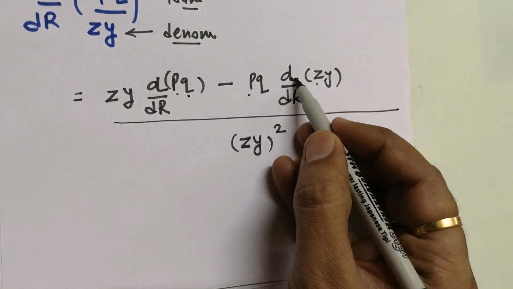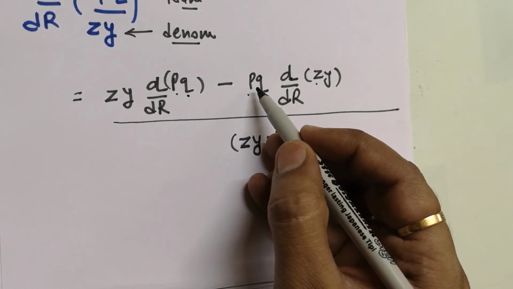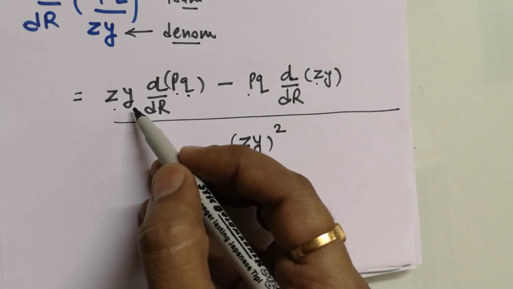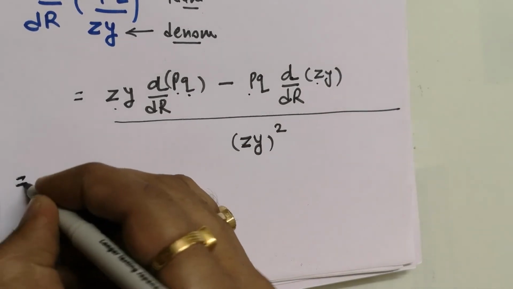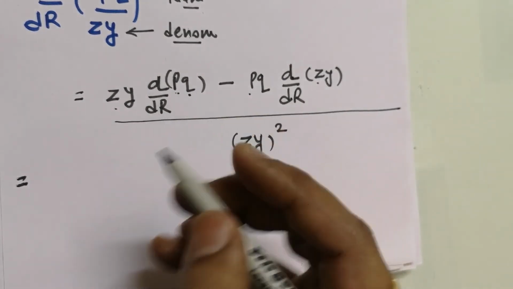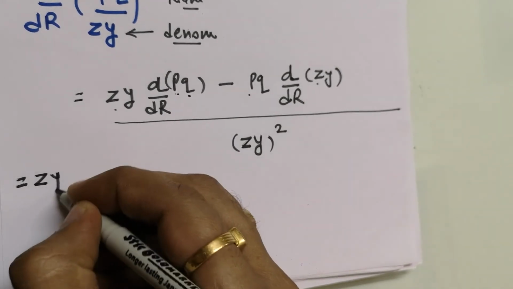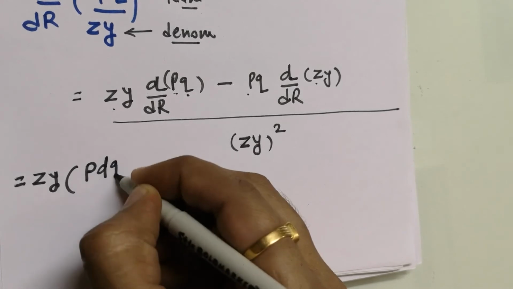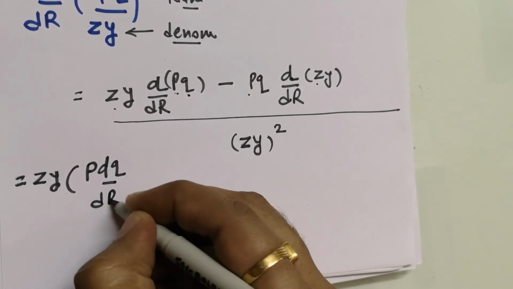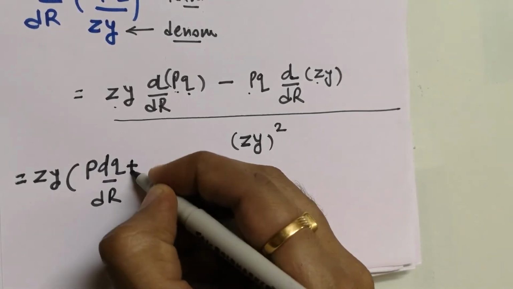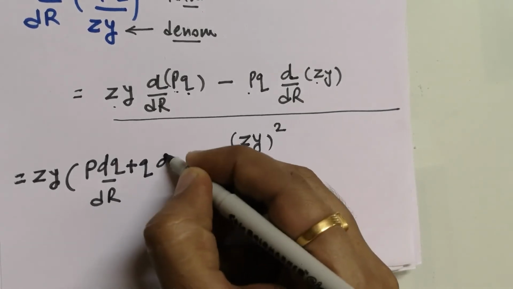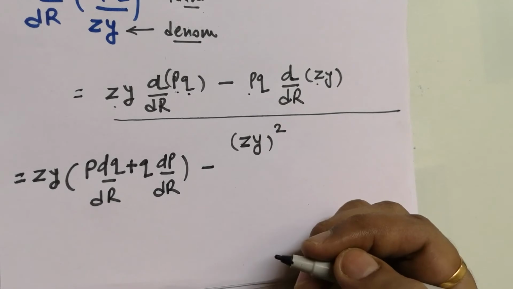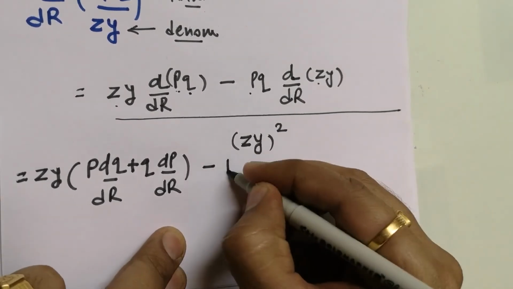P and q are outside of differentiation, so they are unaffected. The same is the case for z and y; they are also kept unaffected. Now I will apply the multiplication rule over here. So I can have zy. Now p I am bringing outside. You have the liberty to bring anyone outside first. Now my q is outside and dp by dr. Compulsory minus sign.